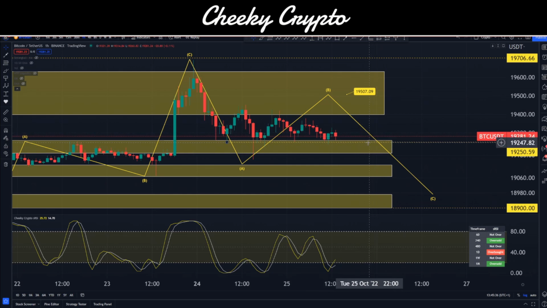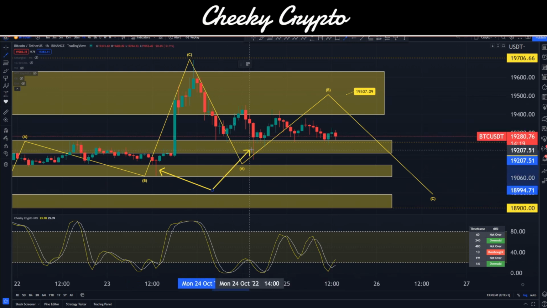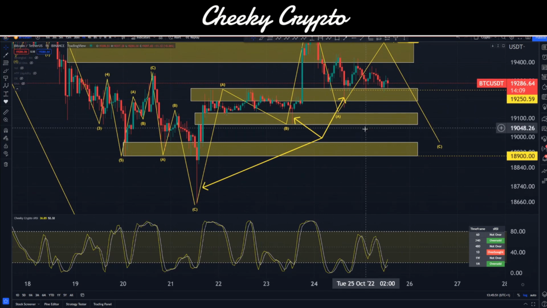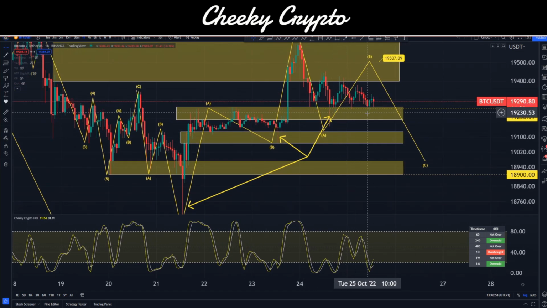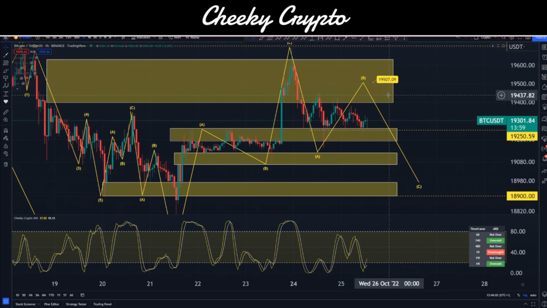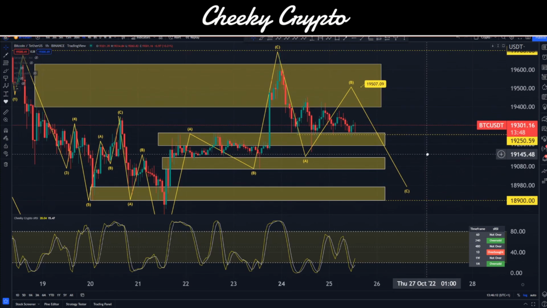And the reason is that normally we get wicks like this one, or wicks like this one over here, for example. And we obviously get wicks like these. These are because basically the market makers like to liquidate anyone going long before the price actually goes long. Okay, so just be aware that there might be a wick to the downside that liquidates some long positions before the market actually wants to move up. But I do estimate my target to be about 19,507 before moving down into this low range of just under $19,000, hitting into a lower range down here.